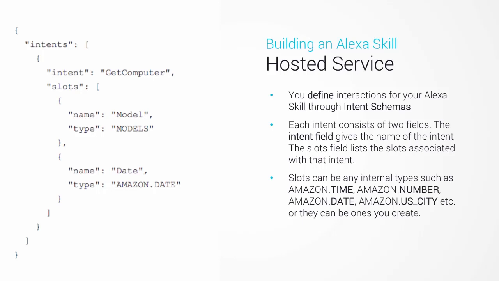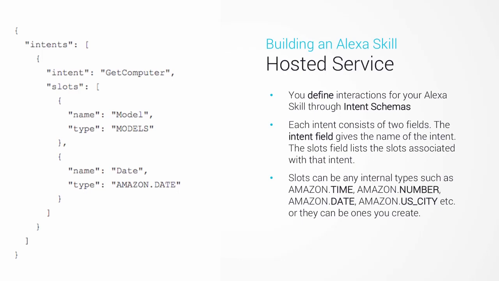Now, when we go to the developer portal, we need to create the interaction model that I talked about. And the interaction model will consist of two things. The first is the intent schema. So what you can see over here on the left is a JSON object. And this JSON object will have intents that I will allow Alexa to respond to, and it will have data types. So this happens to be an example from a skill I wrote that would allow you to ask about Commodore computers. Commodore was a company from the 80s and 90s. If you wanted to ask, what year was the Commodore 64 available, or what Commodore computers were available in 1989,